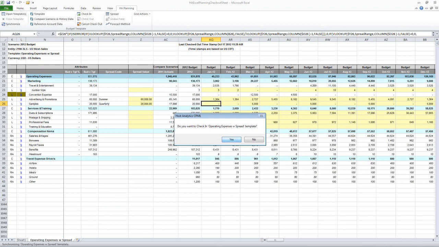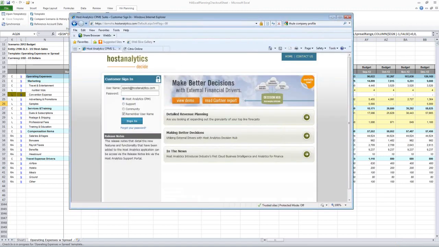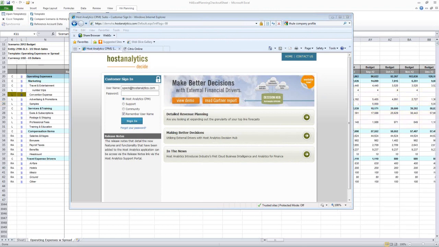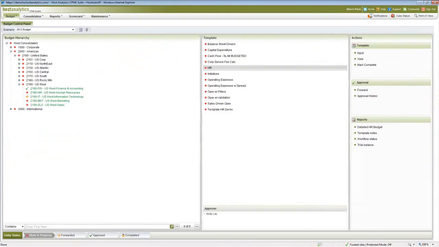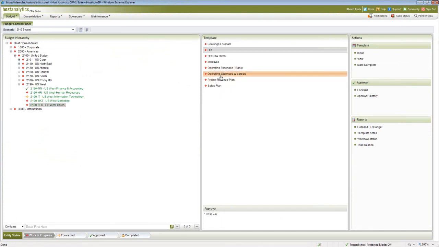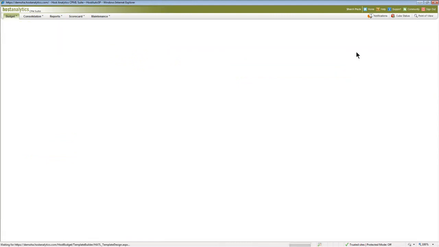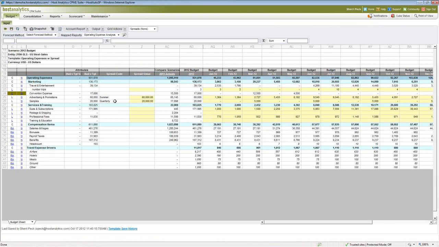And if I go back to my application, here I will be able to look at it, and I'll show you that it has updated that samples budget or whatever I have updated on that spreadsheet. And here it is, my samples show my quarterly spread, $20,000.